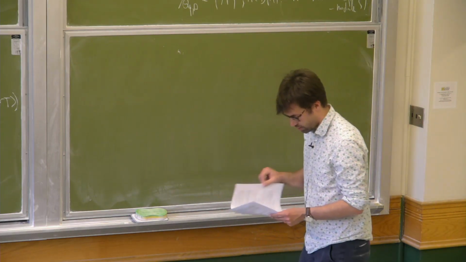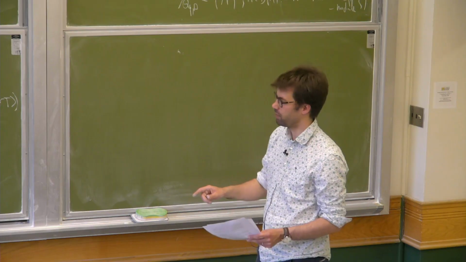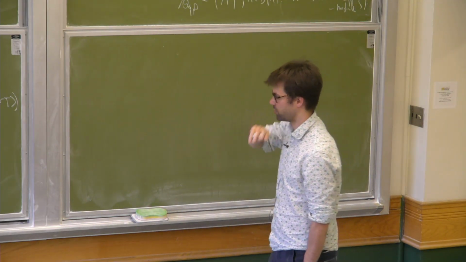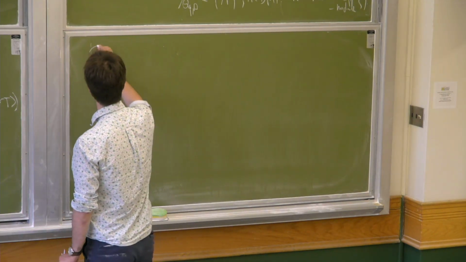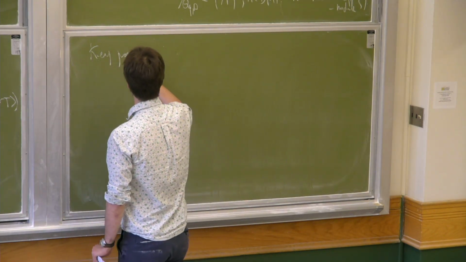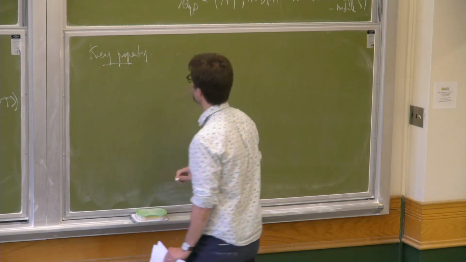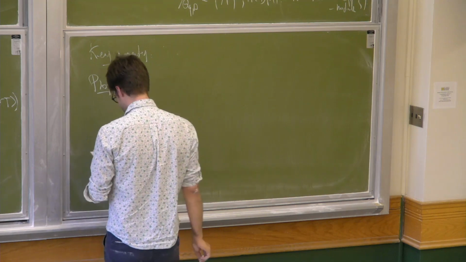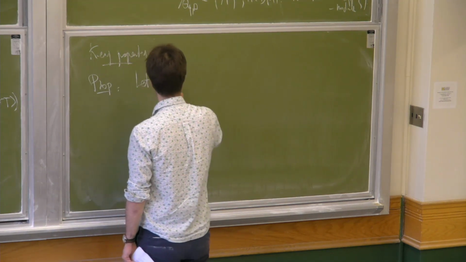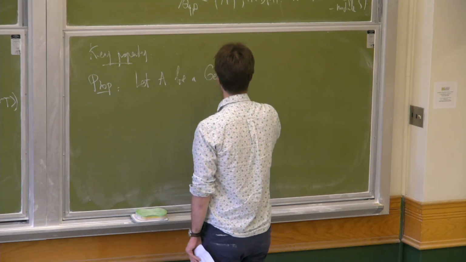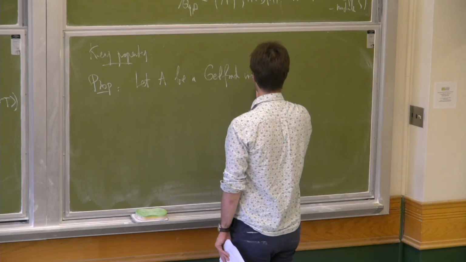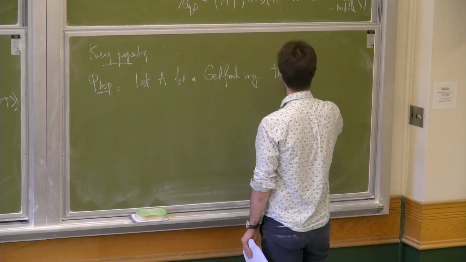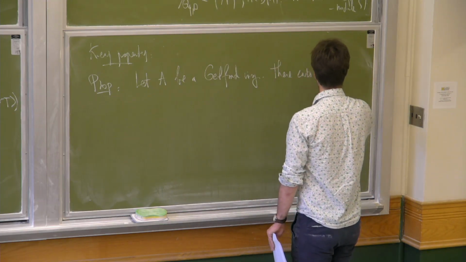And so maybe I will make a small 5-minute break, but maybe let me first end, before the break, by stating a proposition. It's a key property of Gelfand rings. So it's the following statement. Let A be a Gelfand ring. And then there exists a descendable cover